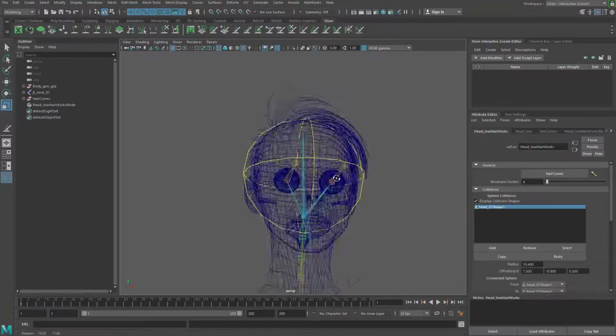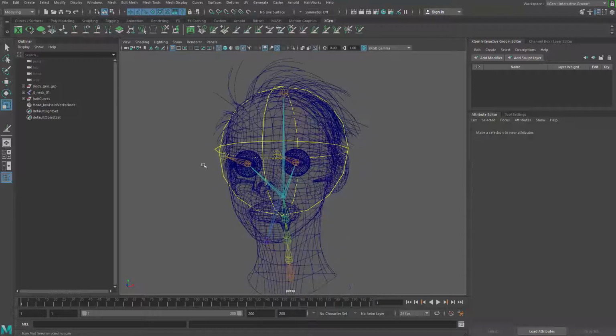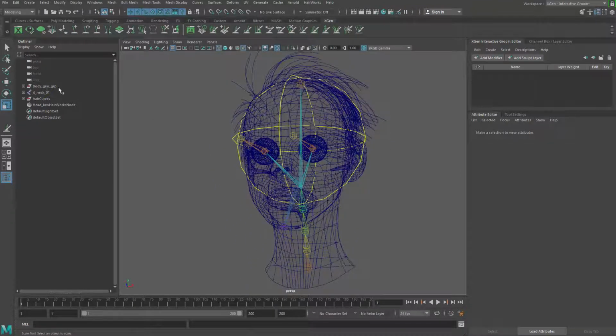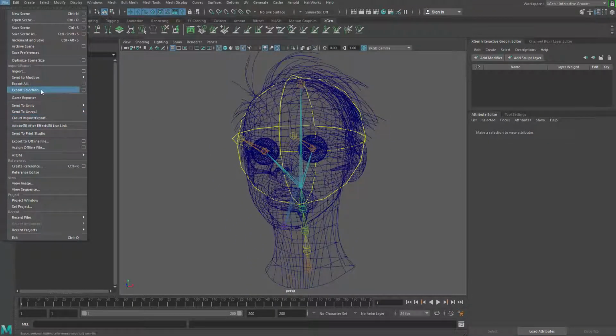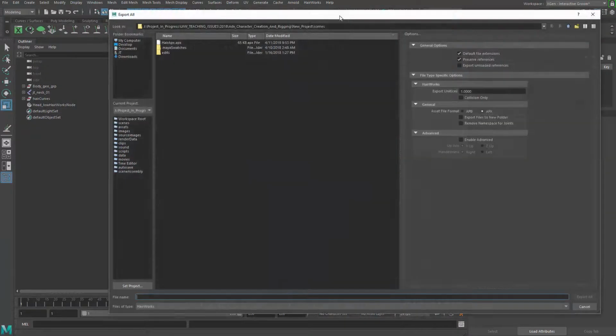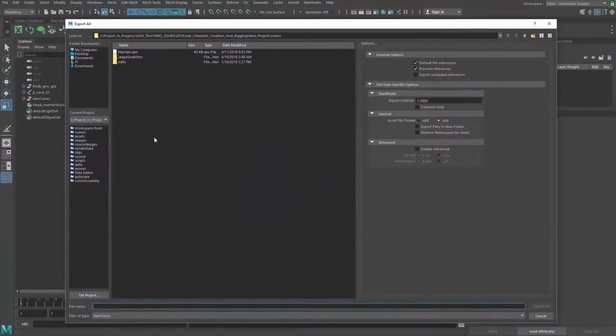So that's gonna be the setup, and then after that, make sure that you only have those things. Go File, Export All, so that we can have everything, and we can use the format as HairWorks, and then make sure that you don't change anything here. And let's save it as Hair Apex. Okay, Export All,